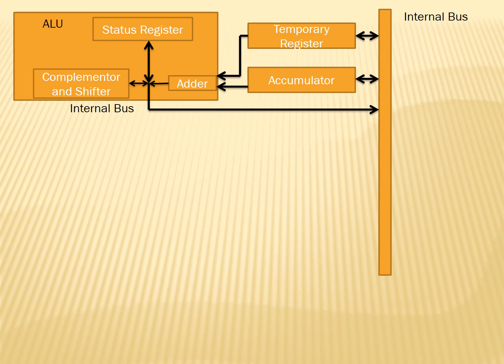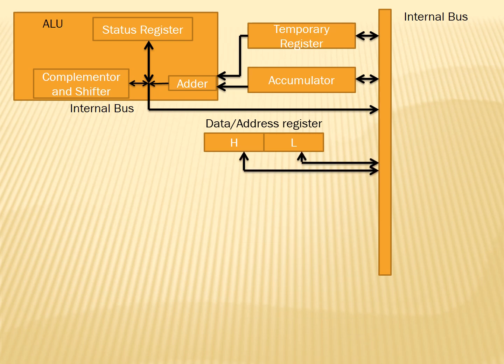Now let us discuss two more registers, H and L, which again will be connected to the internal bus. You can see it is connected to the internal bus. Now what are the data and address registers? The H and L combination is a 16-bit register. Individually each is an 8-bit register. L will be the lower order register and H will be the higher order register. Whenever I want to store 8-bit data, a single register is used, and whenever a 16-bit data address is used, at that time the pair will be used.